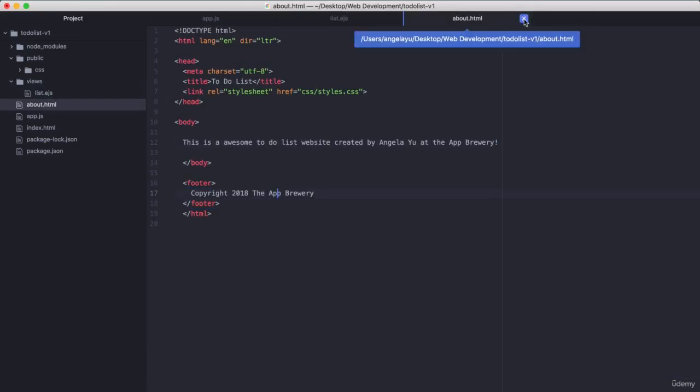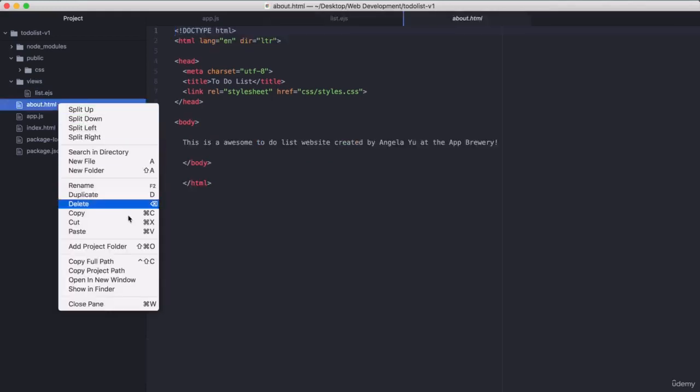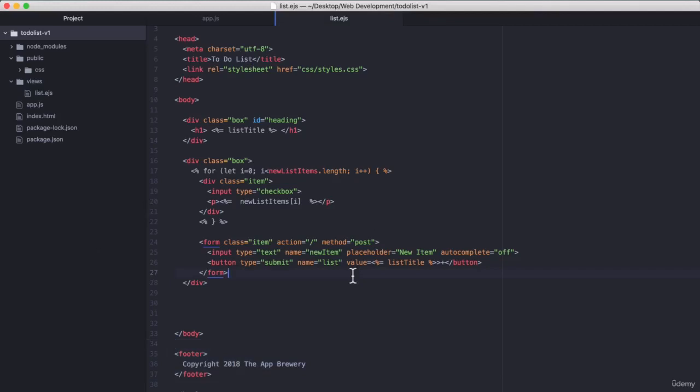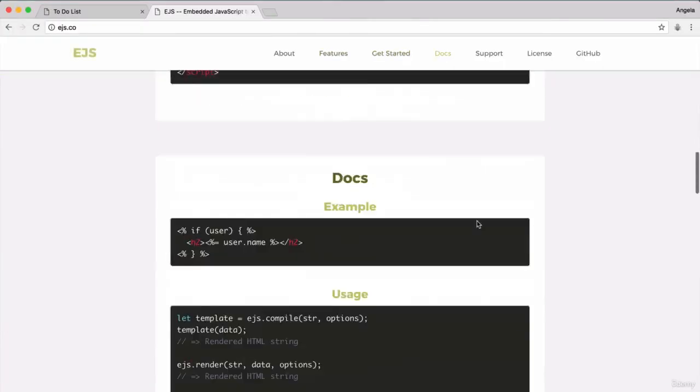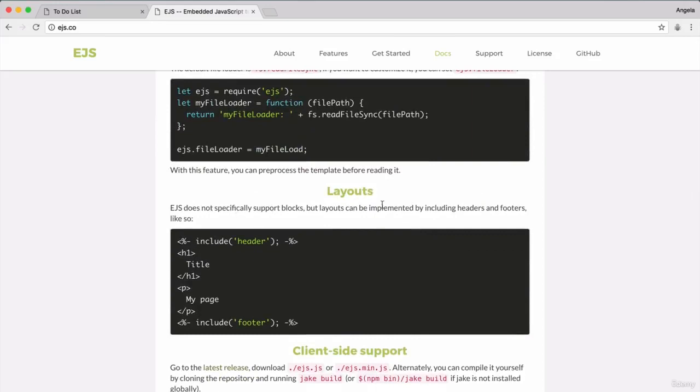So this is not a great way of implementing it. In fact, I'm going to delete our about.html page that we just created, and I'm going to show you a better way of doing this. EJS allows you to create something called layouts or partials, and you can see that if you scroll down to the layouts section. It says that layouts can be implemented by including headers and footers, like so. So we're basically saying, here is the body of our content of the page, and the top and the bottom part are going to stay consistent